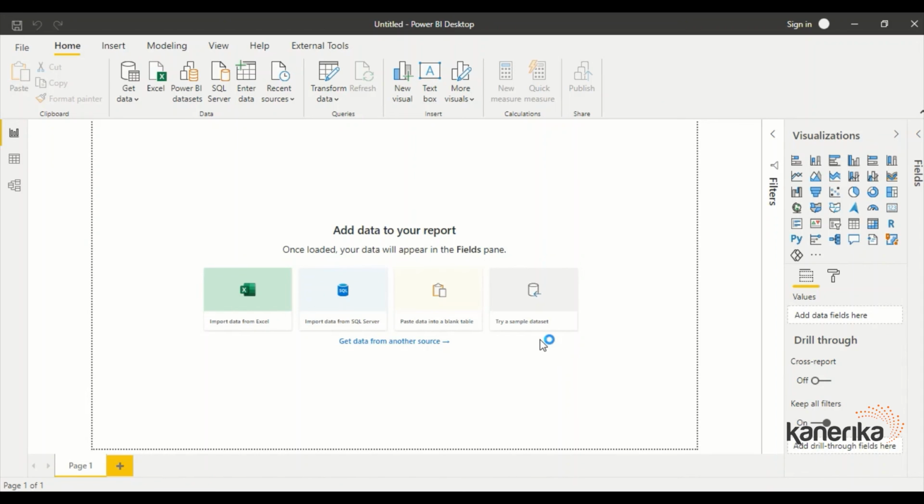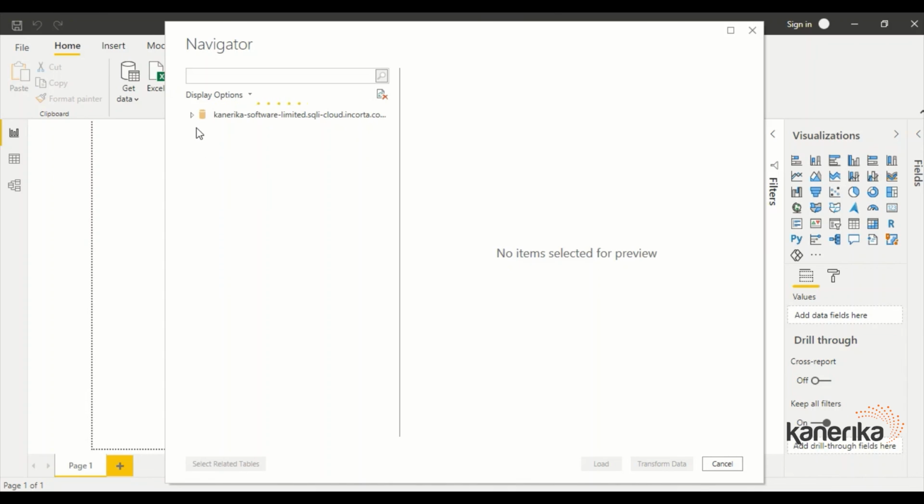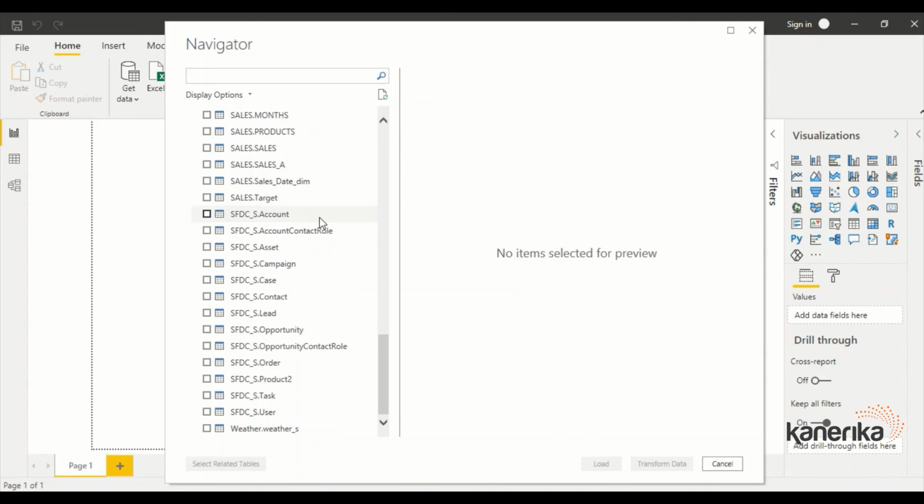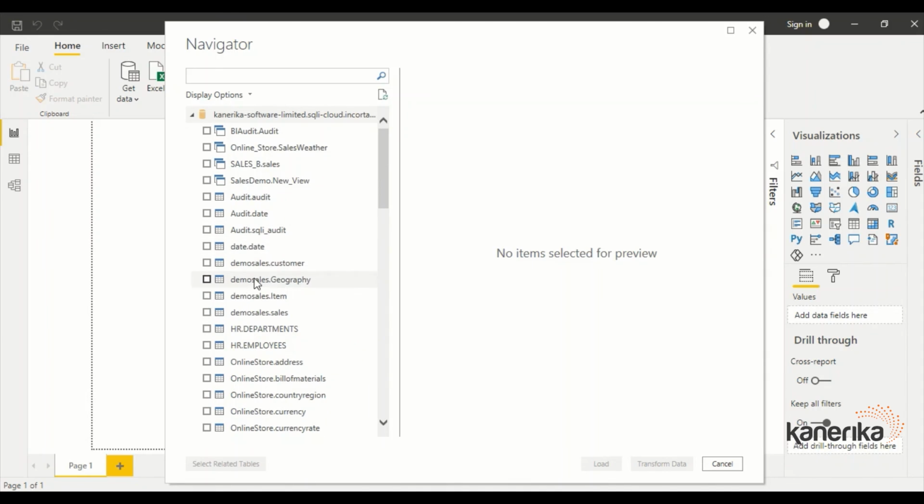So it's trying to connect with that, and it has actually connected, and I got the stuff out here. Let me see if I see something like demo sales out here. Yes, I can see demo. So demo customer, geography, sales and item. Okay,